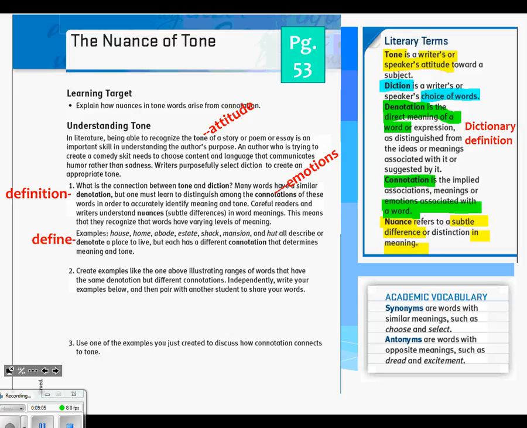Okay, again, just remind yourself. Denotate means define. Connotation means emotion. Now, in that whole kit and caboodle of jargon, there's really one big concept I want you to be able to go, yes, I understand this. Ready? Write it down. You need to make sure to choose the right word for a proper attitude. So your diction needs to be correct. Your word choice needs to be correct to make sure that the proper tone or attitude is easy to understand.